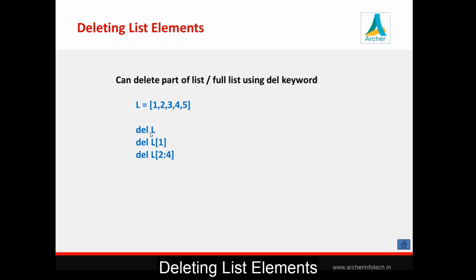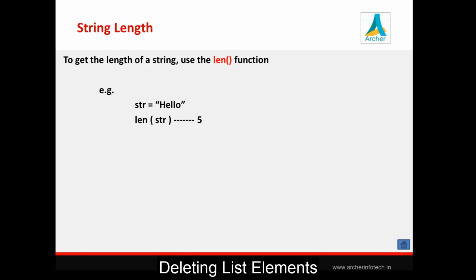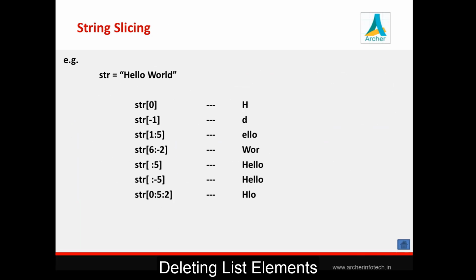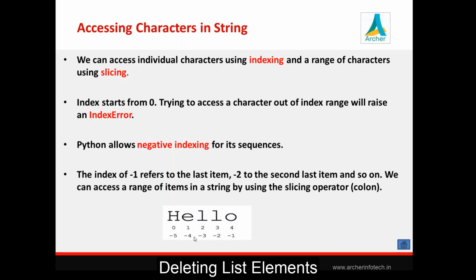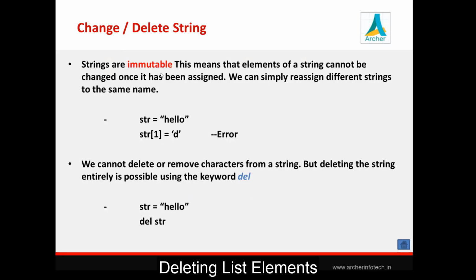So this is this. I'll just go back and show you a slide of strings also, so you will understand these differences. First of all, this is string slicing. We have seen all the same options in case of list. Okay, positive index, negative index here. Then slicing by using this starting value, ending value. Here see, regarding string, we said strings are immutable. If you try to change this string value, it will give you an error. You can delete the complete string, you can't delete some part of a string here.